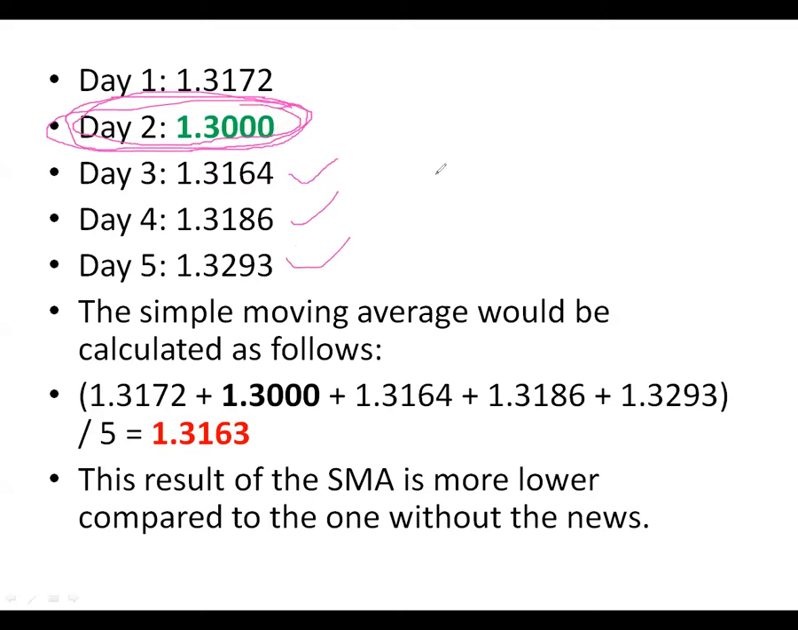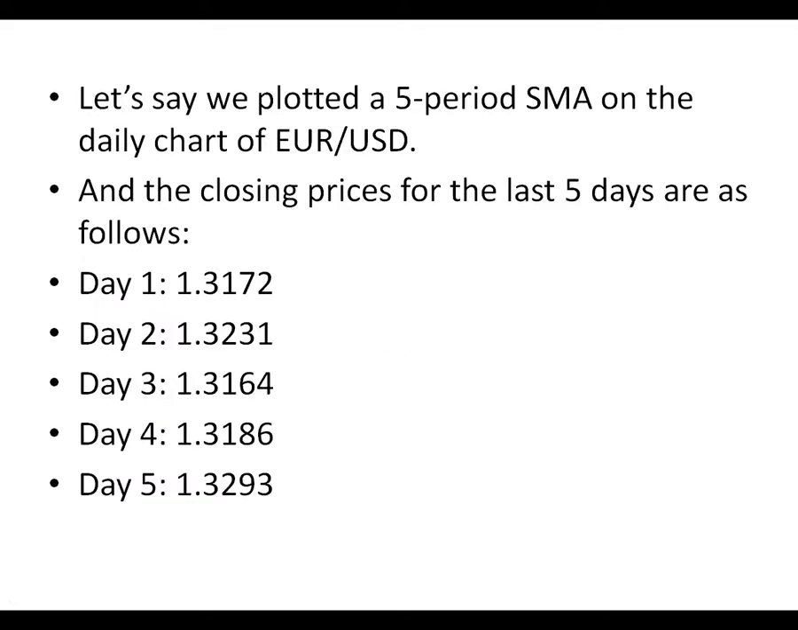Now, let's do the calculation of the next 5 days with the news and compare it with the previous 5 days without the news. Okay, let's do the calculation. We add all these days and then we divide by what? 5. Now look at the result we are going to get here. The result we are getting here is 1.3163. Let's compare this result with the news to the result of the 5 days without the news. 1.3163, and then